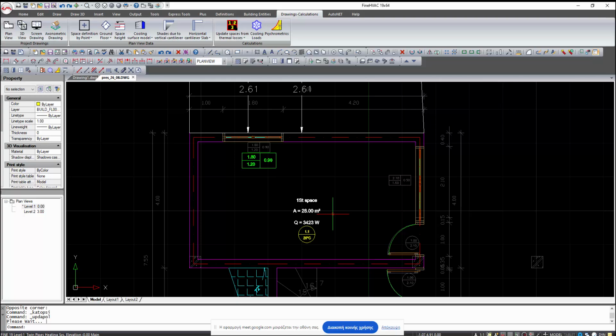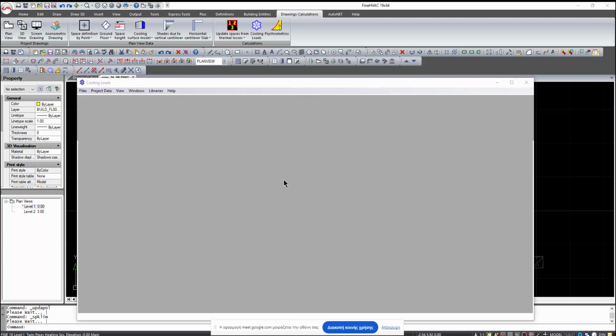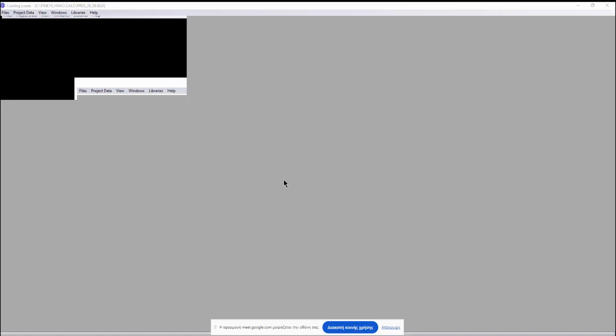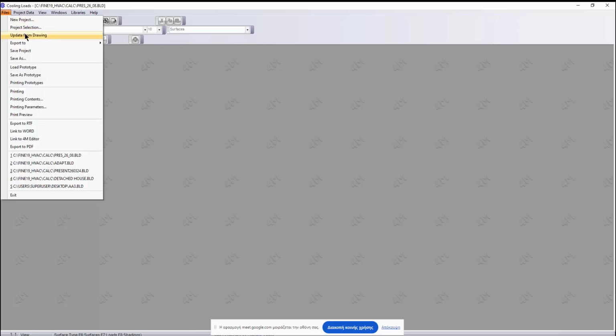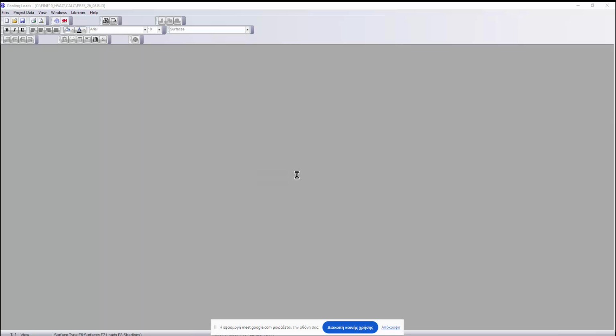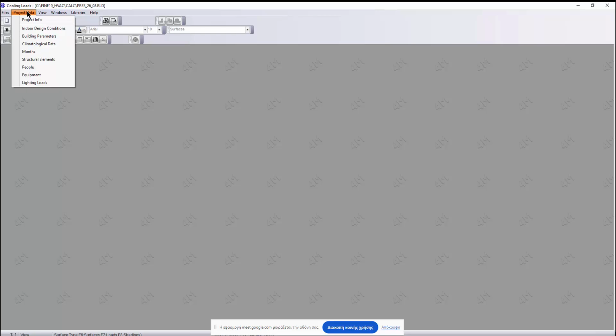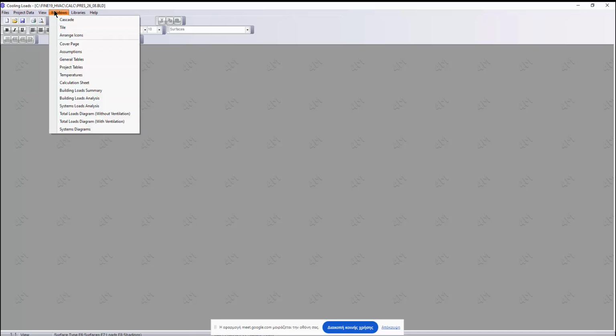With the same procedure, we can go to the cooling loads. Select update, select files, again update from drawing, yes, calculate, and we have the same menu. For example, we can go to project data and see some basic parameters, and again on the windows we have